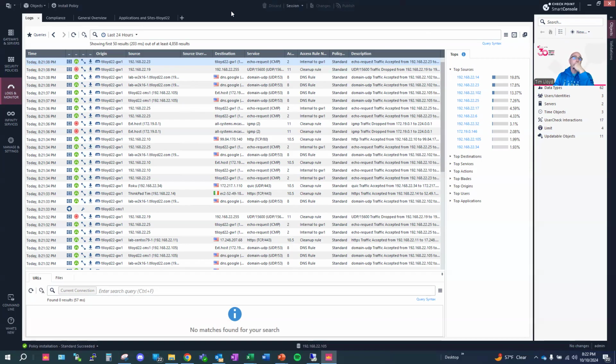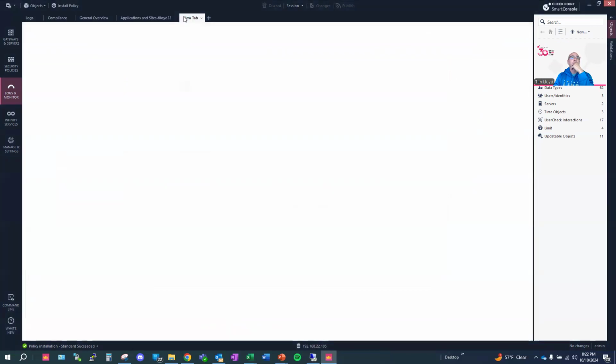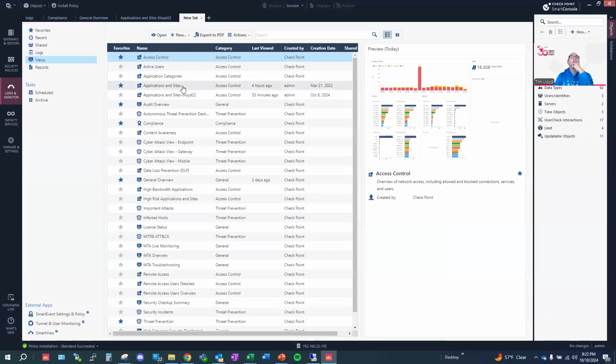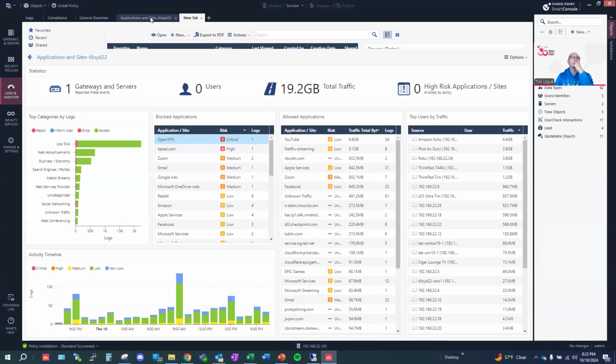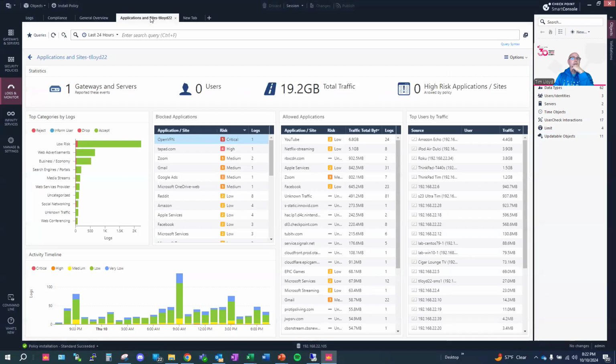One of the things that helps you to see patterns is the ability to take a look at some unique views. And one of the things that I wanted to show you is applications and sites. I love this view. It's so helpful. I've got it loaded right here. So you can see in the last 24 hours in my home, we have pushed 19.2 gig of total traffic. And you can see the number one